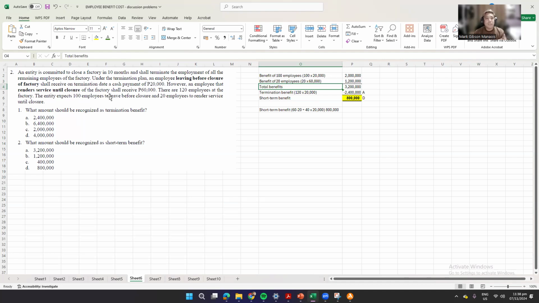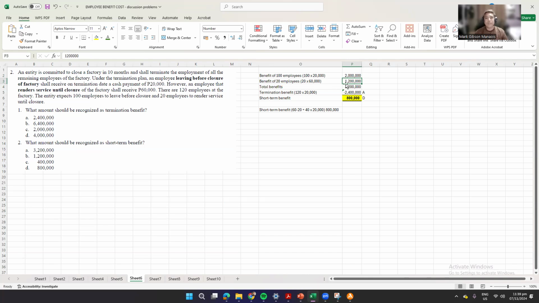If they leave before the closure of the factory, they will only receive 20,000. Now, the projection is 20 will stay until the closure, and they will receive 60,000. So we'll compute for the total benefits. That's 100 employees multiplied by 20,000, and then 20 employees multiplied by 60,000. So we get